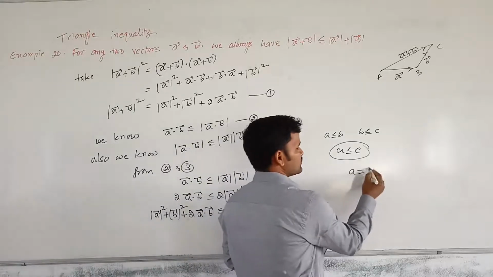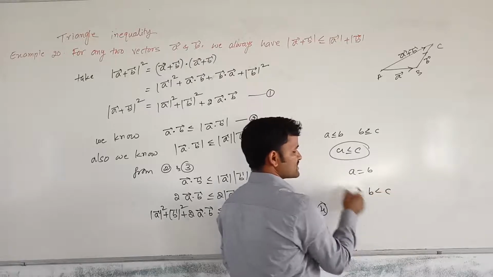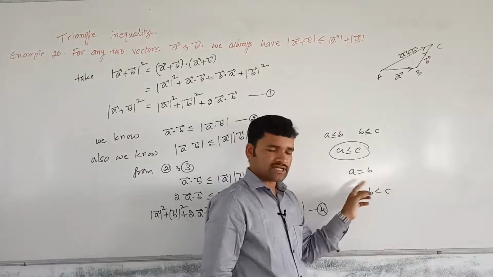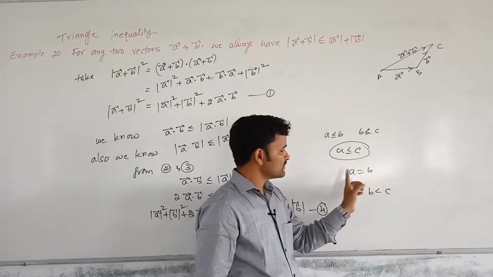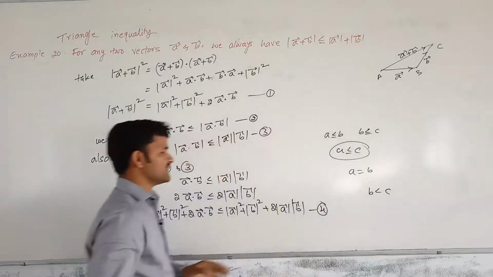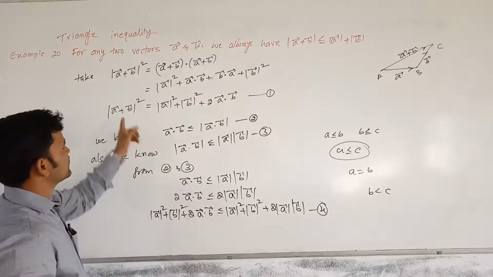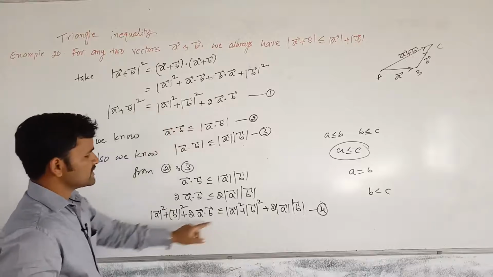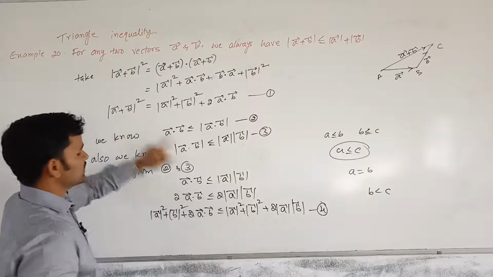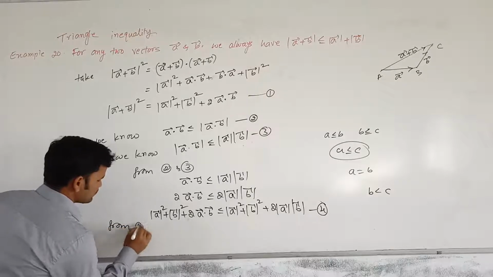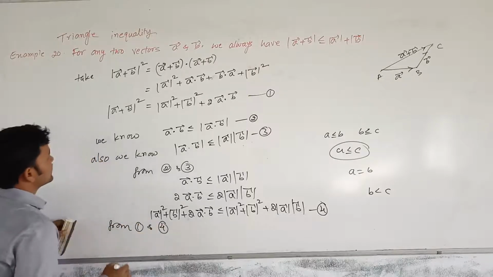Otherwise I will explain here. See, a is equal to b is there. B value is less than c. Obviously a value is less than c only. Why? A and b both are equal. B value is less than c, so a will be less than c only. I want to write that. In 1 and 4 the same thing is happening. A is equal to b, this b is less than or equal to c, so a is less than c only.